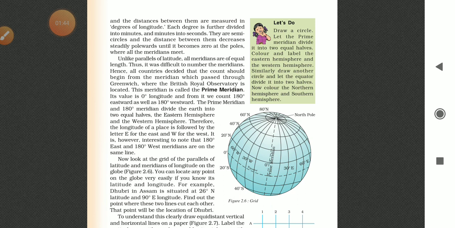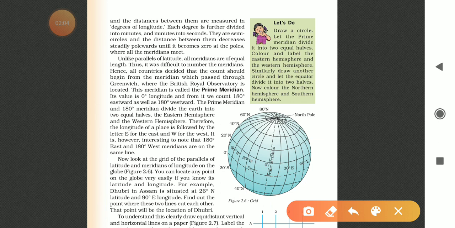So, this meridian is called the prime meridian. So, the prime meridian is the imaginary line which used to indicate 0-degree longitude that passes through Greenwich. It is also known as Greenwich Meridian because it passes through the place called Greenwich in London. As I have already told you, its value is 0-degree longitude, and from it counts